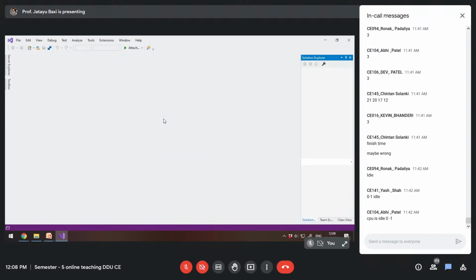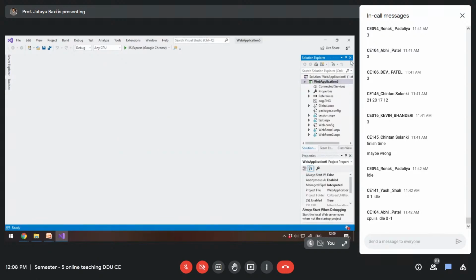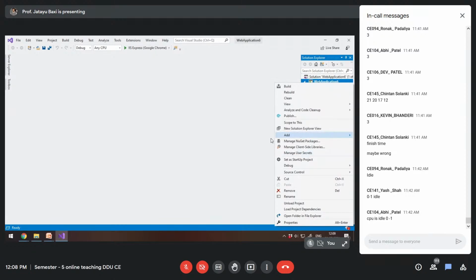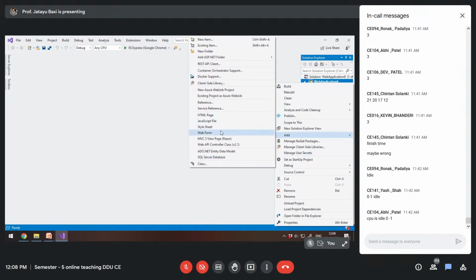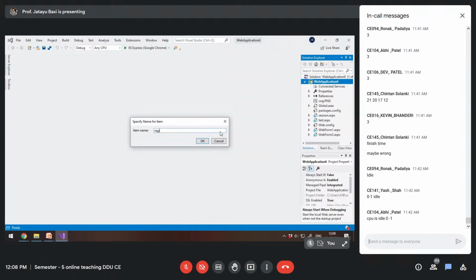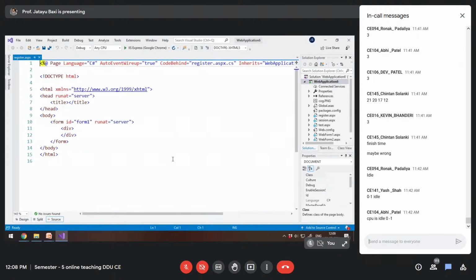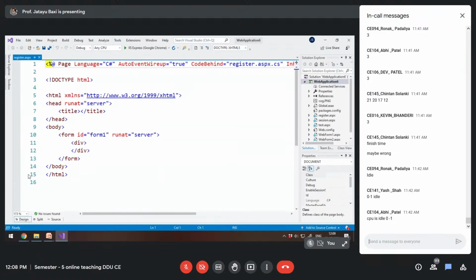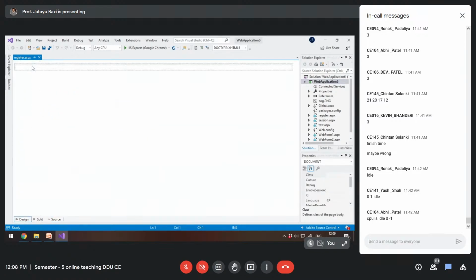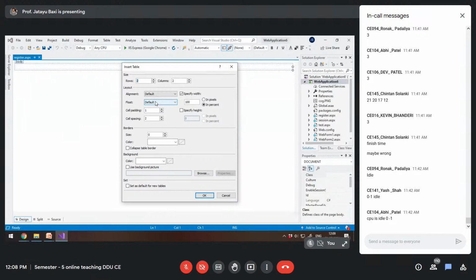So let's add one web form. Let's add a registration form. Web form. Let's give the name register. Let's add the table, so 5 rows and 3 columns.